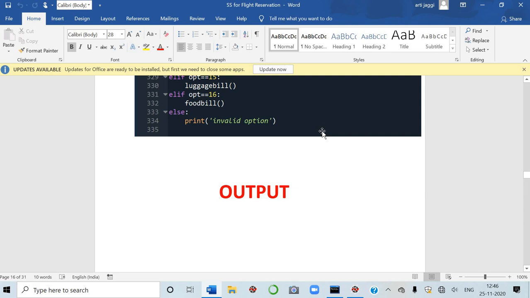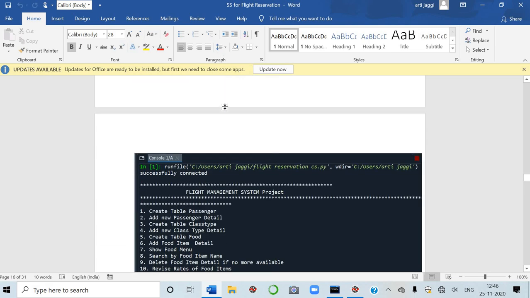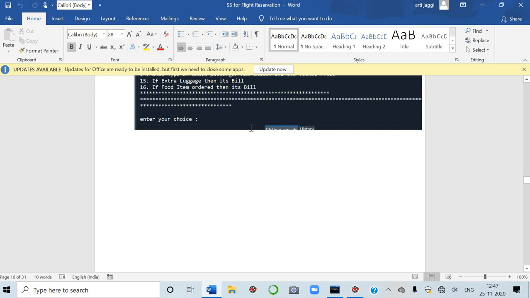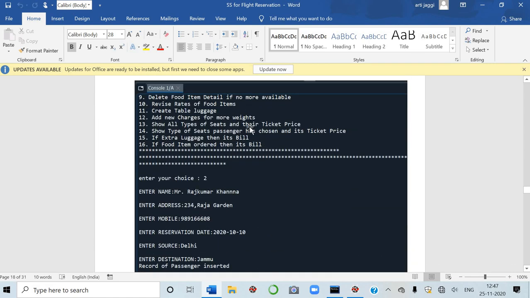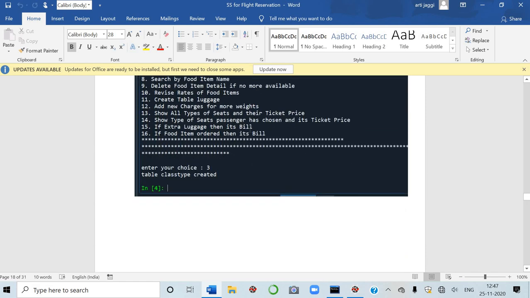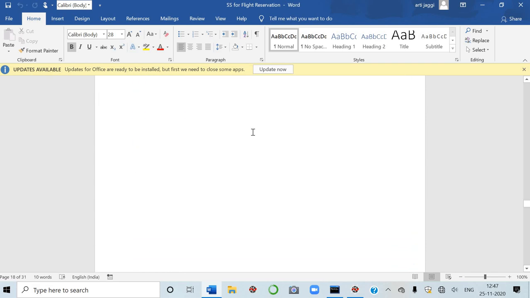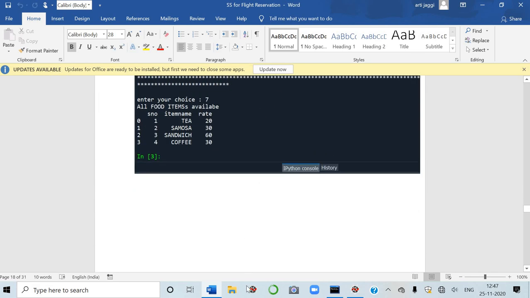And also in the project file, you have to attach the certificate given by your teacher that it is bona fide work done by the student, and the acknowledgement also that you are thankful to your teacher. Okay. And then you have to attach this coding and the outputs like this. I have attached all the outputs. See, option 1, 2, there are 16 options here, and I have made 4 tables in MySQL.